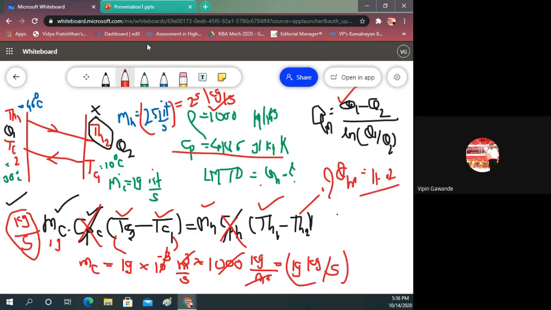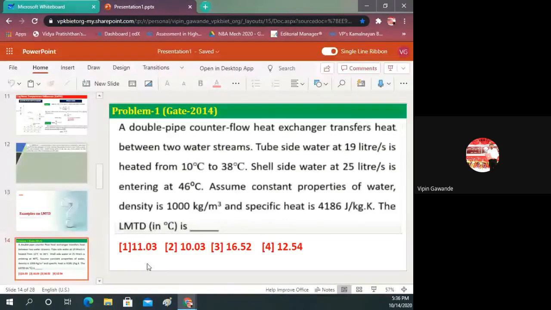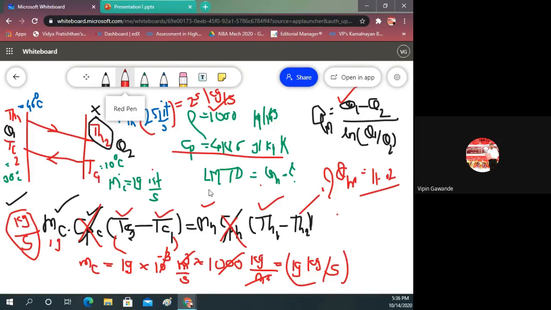Okay. So what is the answer of this problem? It is 11.03. Okay. So see, what I have learned while preparing for this GATE examination is that the calculation of each and every term is not required. You have to just understand the concept. And that concept only I am explaining here. I am not calculating the values. If you know the concept of how to calculate the unknown quantities, just put the formula, see what is unknown and how to calculate that unknown, then automatically you will get the answer. Don't worry about the final answer, it will come.